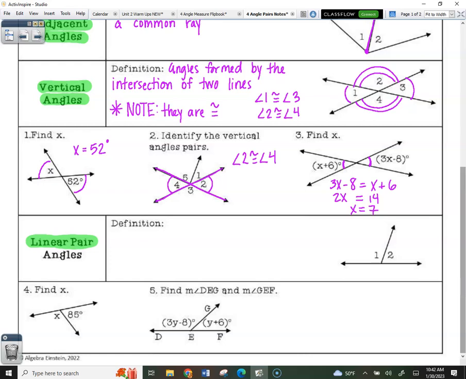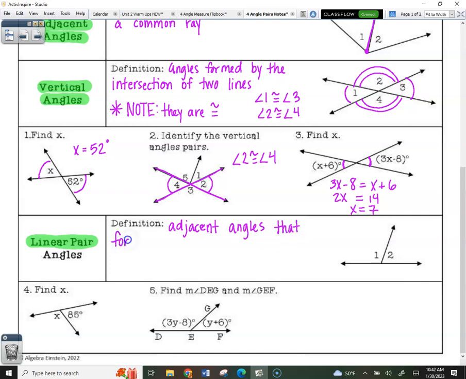All right. This next vocab word is something you've already been doing, you just didn't know the vocab word tied to it. Linear pair means when two adjacent angles form a straight line, hence the name linear. Linear means line, right? It's the pairing of angles to draw a straight line. All right, so let's write the definition. It's adjacent angles